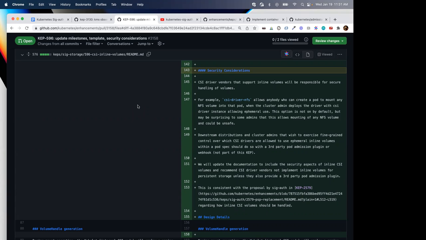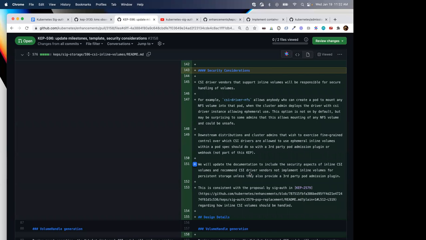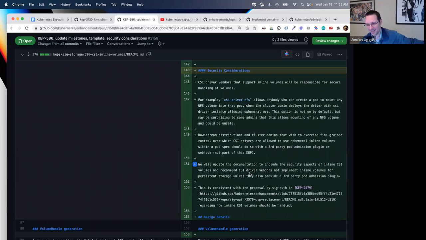So we will update our documentation that faces CSI driver vendors, for the CSI drivers that implement the ephemeral volumes. Can we say inline? Ephemeral is, maybe it's just me, very confusing because it also maps to the generic ephemeral, which drives the PVC.